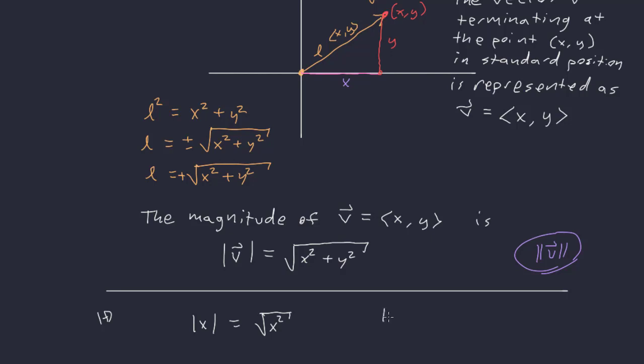Because if you think about it, if you put a 5 in, well, you'll take the square root of 5 squared, so that would be the square root of 25, which is 5. And if you take this absolute value of -5 and put it in this formula, well, you'll take the square root of -5 squared. Well, squaring a negative makes it positive, so that would be the square root of 25, which is 5. So it turns out that the magnitude is really just a generalization of the absolute value in one